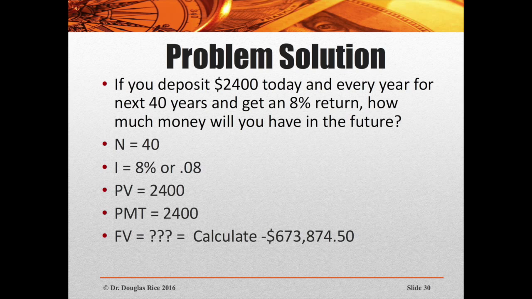I is 8% return. That's annual. We don't have to adjust for that. So n equals 40. I equals 8. Present value equals 2,400. Payment equals 2,400. And the future value is what we're looking for. And if we look for the answer, we'll see the solution. If we throw it into a calculator, we would get